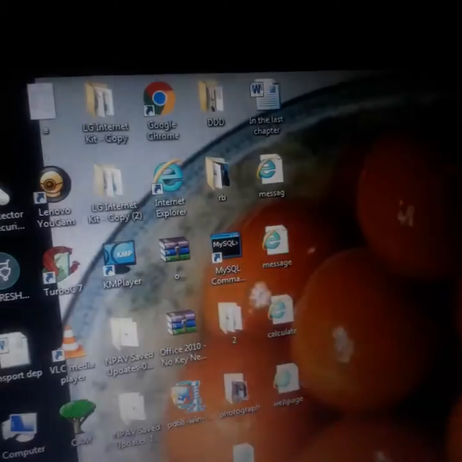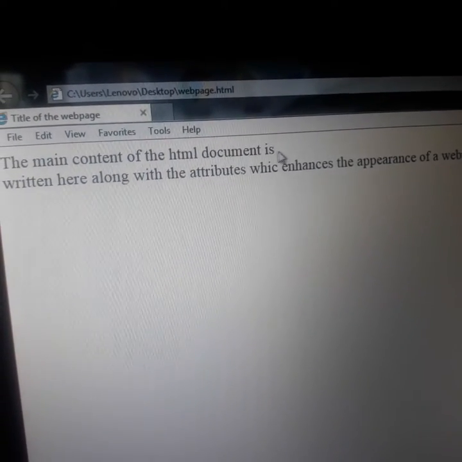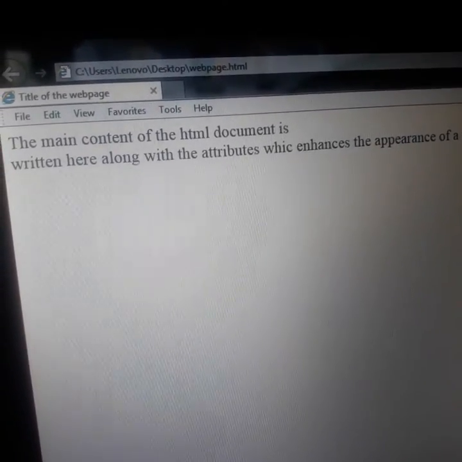Now let's minimize it and open it in Internet Explorer. Can you see, all of you, I wrote BR after "is", so the next text is displaying in the next line.